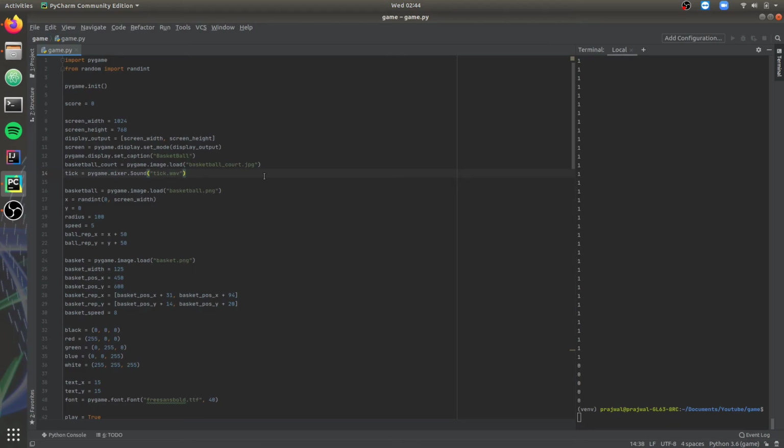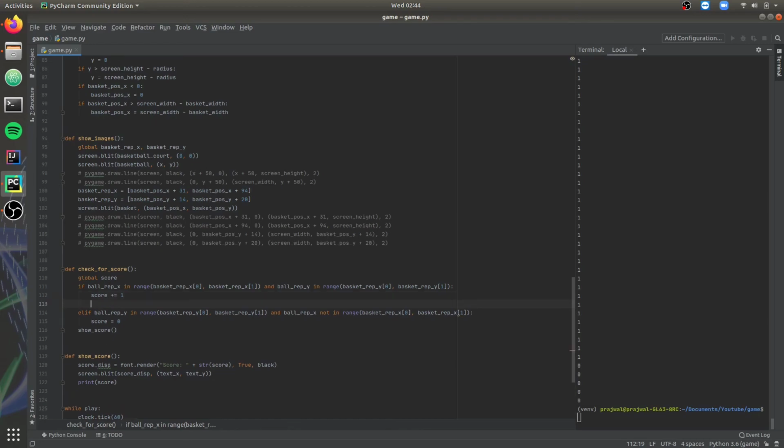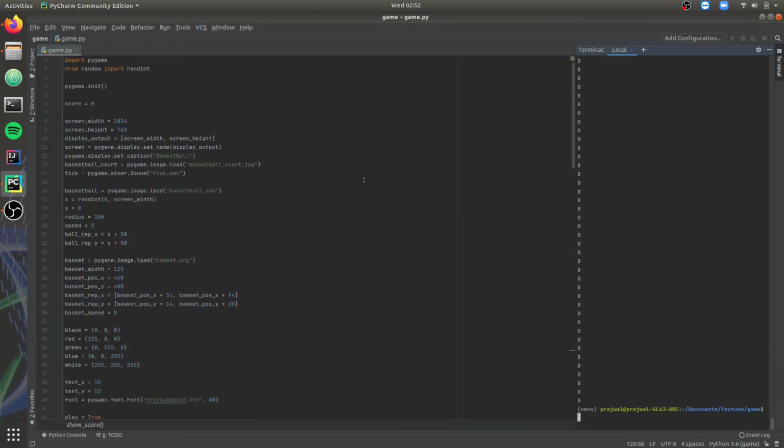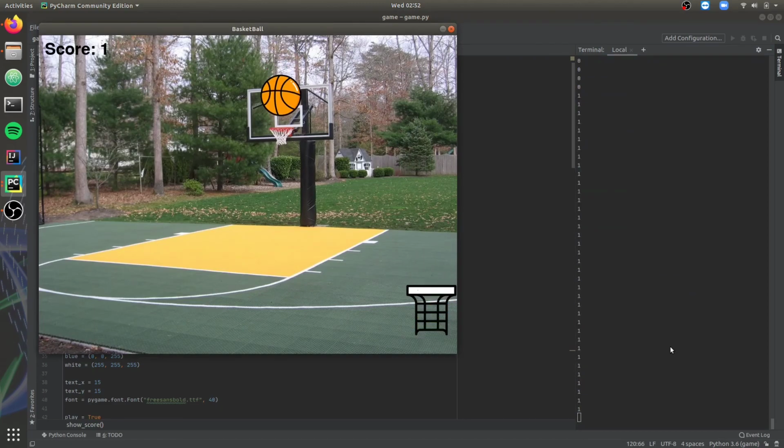So let's move to the check for score function. When a score is scored, we want to play the sound effect. So we just use the function tick.play. Let's run the game and see if the sound effect works. As you can see, I can hear the sound effect as well.